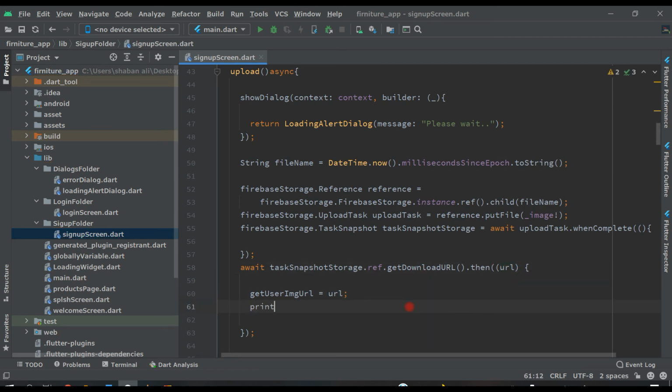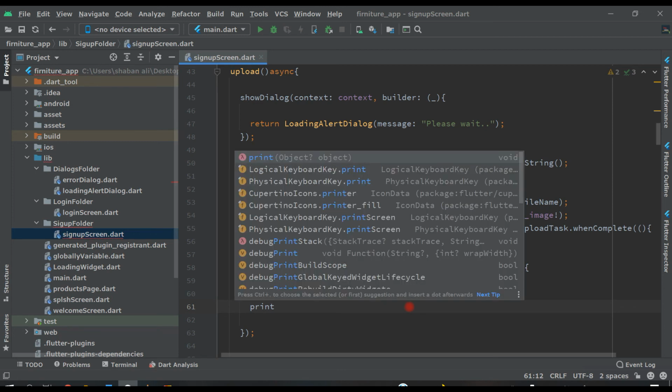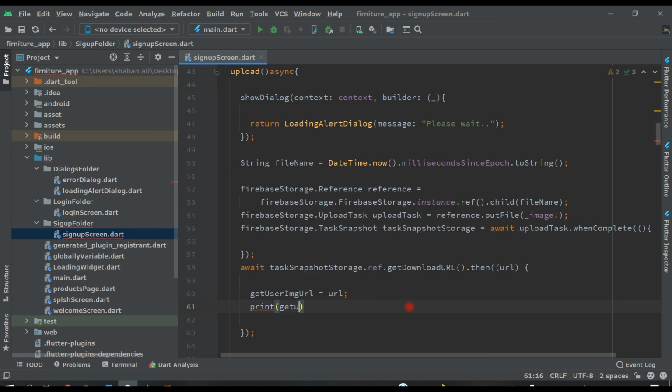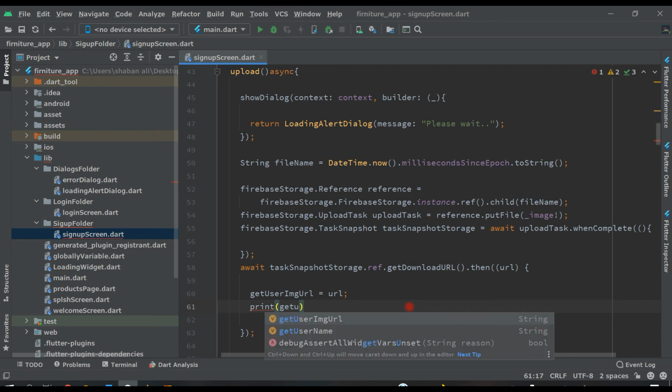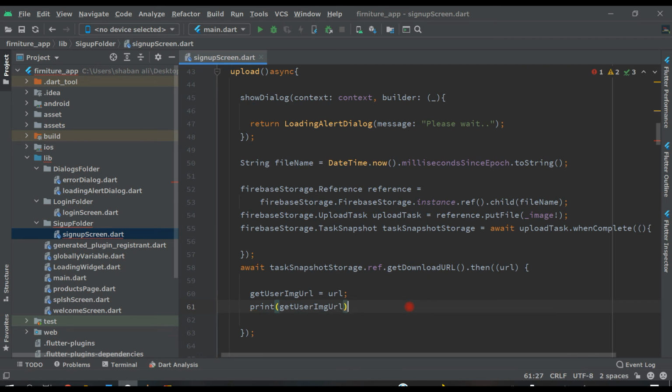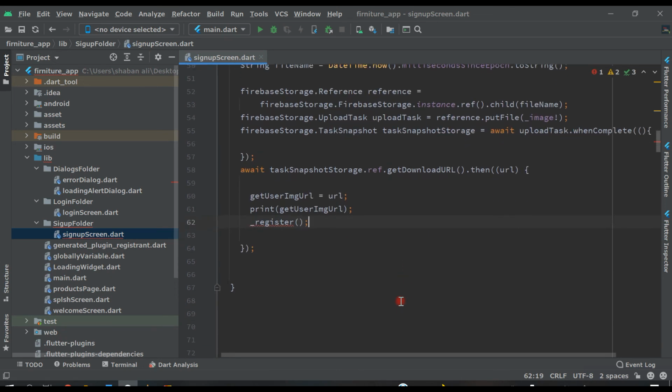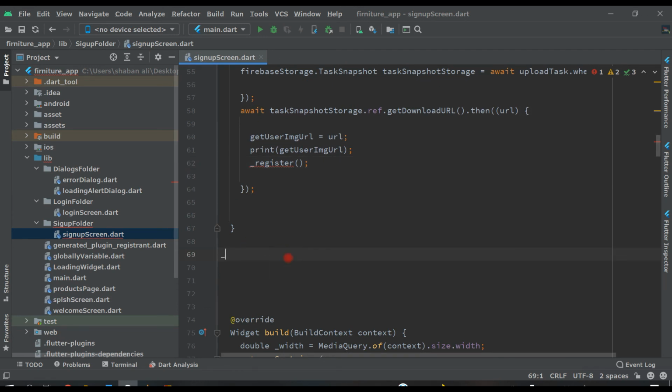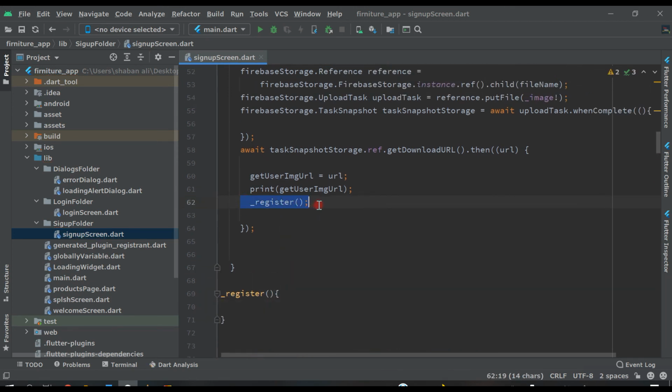After this print getUserImageUrl and semicolon, and here we will call _register. This will be our function, we will create this, don't worry guys, you can create it right now, no problem. Underscore register, like this, and that's all, the error has gone.